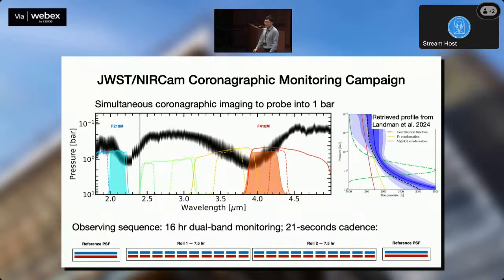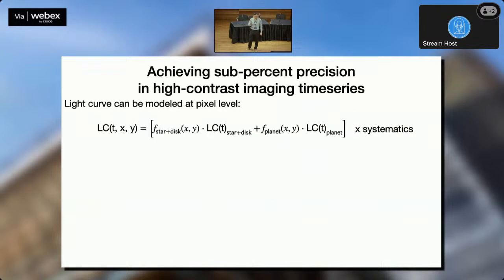We conducted our JWST observation using 2 bands to watch this planet simultaneously for 16 hours. And during these 16 hours, we're watching the deepest part of its atmosphere that is accessible to JWST to see if there are dusty clouds changing in the atmosphere of this planet. Bracketing the 16 hours of science observation, we also took 2 sets of reference stars so that we can do our high-contrast imaging to pull out the signal from the planet and see the most precise light curve we can pull out for this planet.